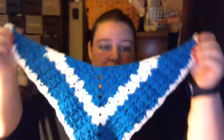And my last design that I designed is I made a shawl. And I would have made this one bigger, but I